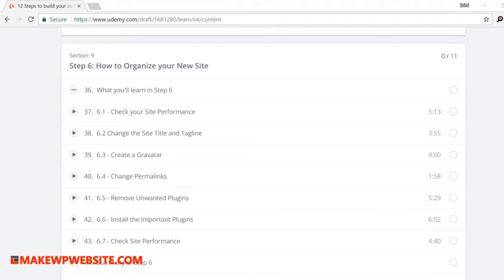Okay, there are a couple of interesting things that you'll learn, such as checking the site speed and verifying which plugins are actually causing slowness. So make sure you understand these steps very well. Okay, let's understand each topic.